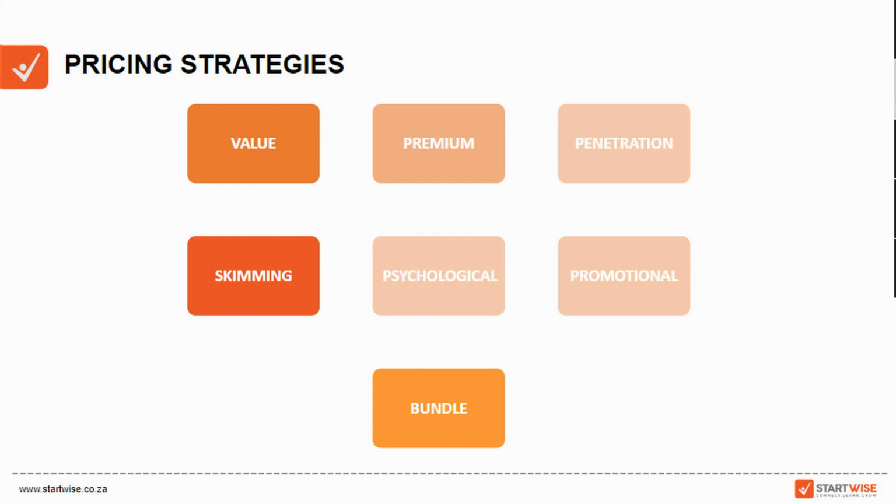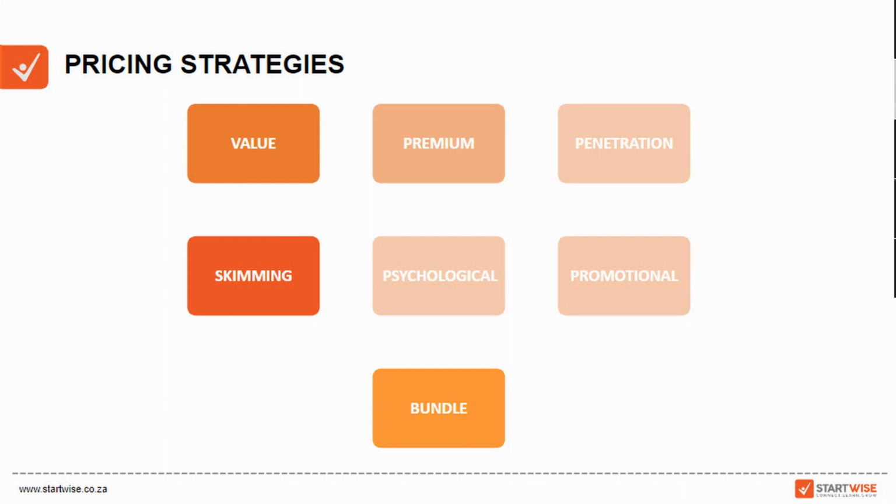Then price skimming is used to charge high prices for new products. So you might know when, for example, the iPhone, I don't even know what we're on now, 13, 14, 15, comes out, everybody wants to be the first person to have it. They're queuing up outside the Apple store, and you can charge a lot more in the beginning for that product. And then over time, it becomes a little bit cheaper. So that is your price skimming.